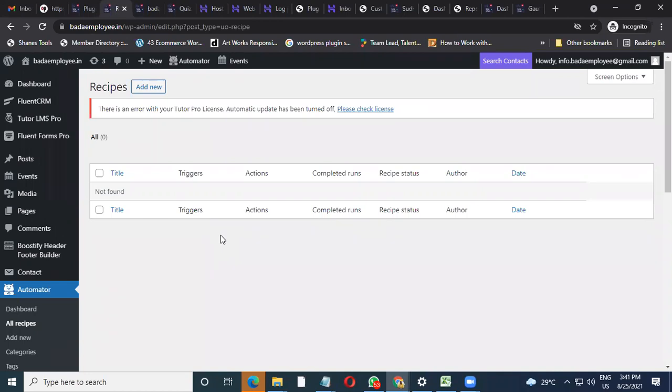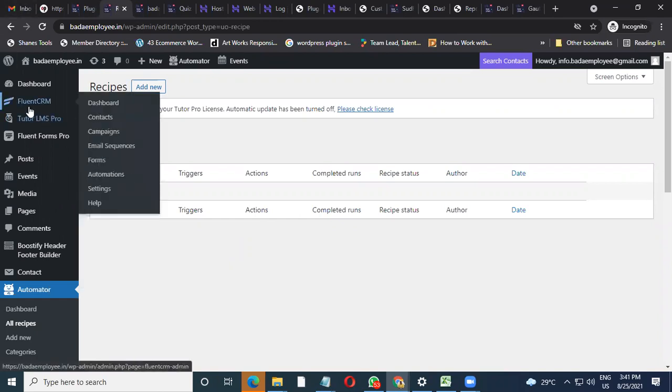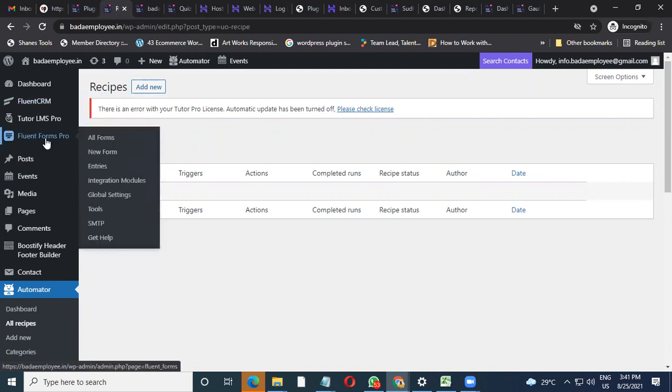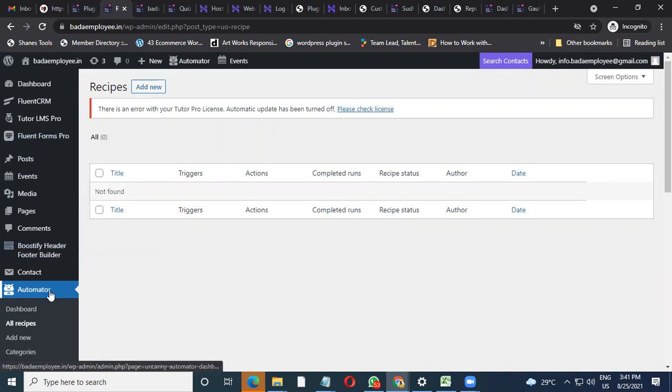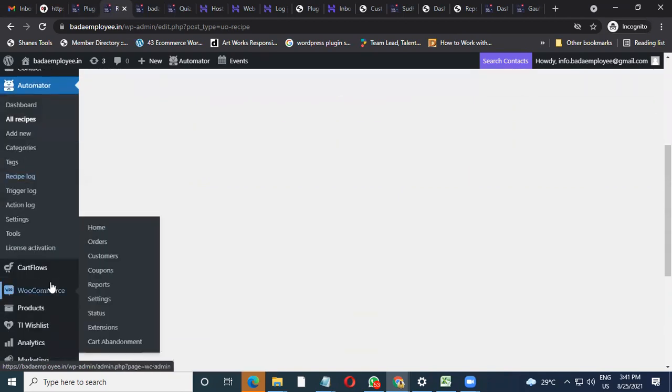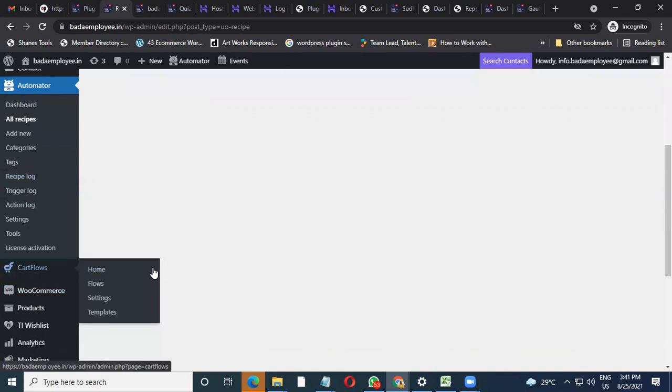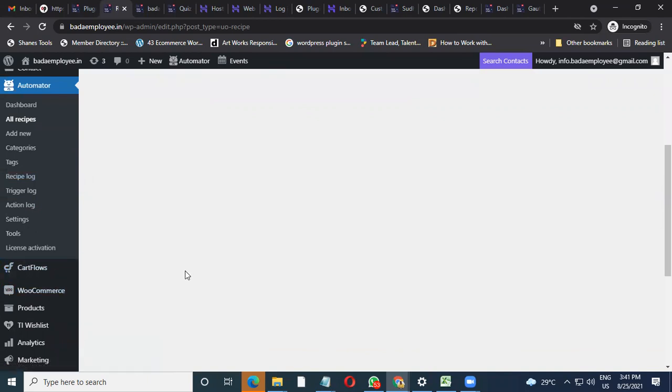At this period of time, whatever I have updated on your system is at least matching, because every tool is different. This tool, Tutor LMS Pro, is a different tool, CRM is a different tool. At least these two come from the same brand, so that is fine. Automator is a completely different tool. Okay, and Cartflow is a different tool. So any update we try to push may not match the previous tools. So that's why I suggest don't do anything.